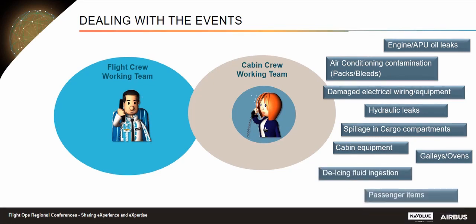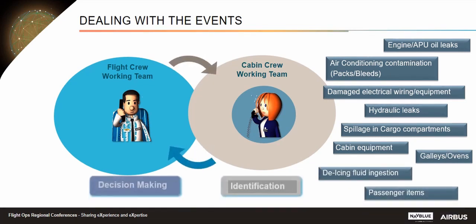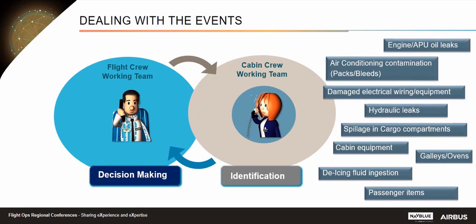So in addition to all the challenges that we just have seen, the whole crew must be very well prepared to be able to detect and to identify the odor so that the right decision is then taken by the flight crew. They will be able to assess all of the following. What is the probable source? Is it a threat or not? If it is a threat, should I enter the smoke procedure? And then, if I enter the smoke procedure, should I initiate a diversion?